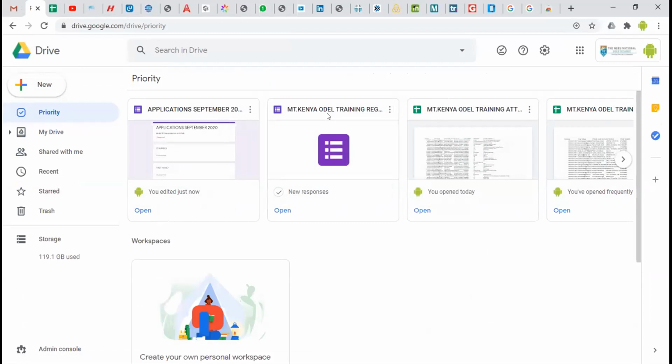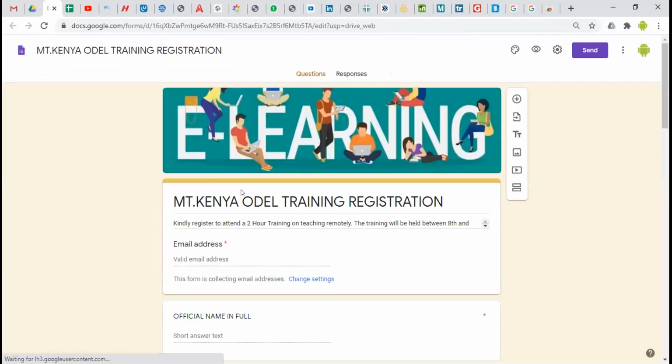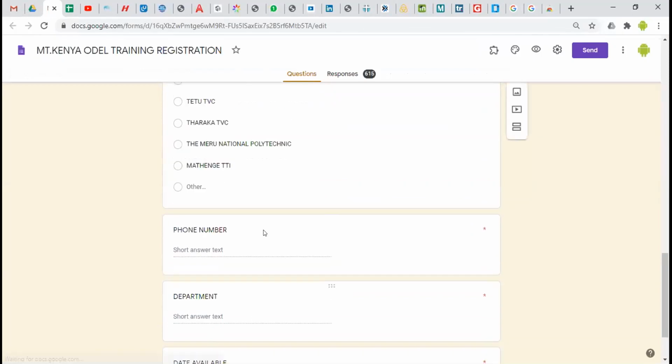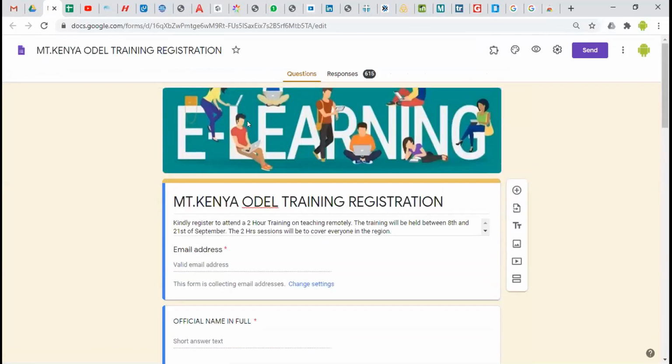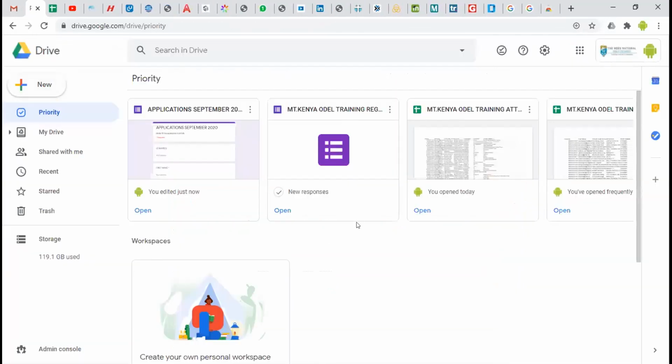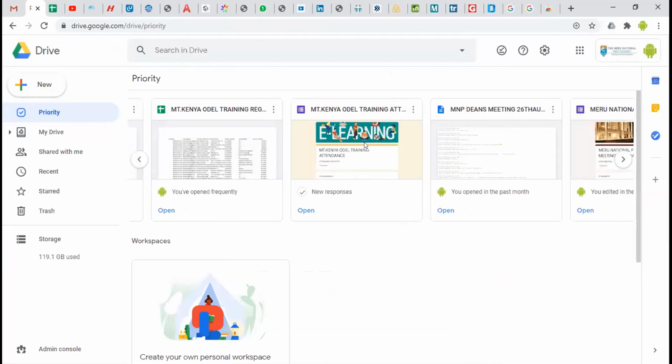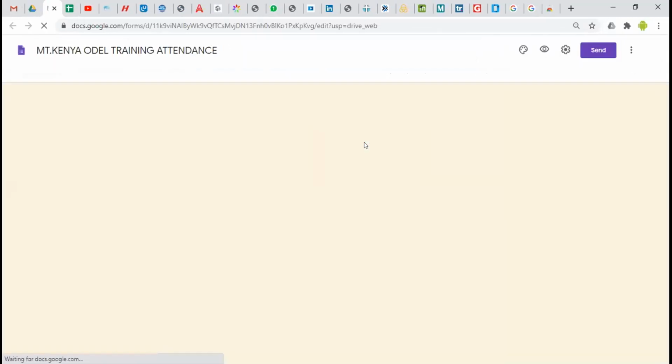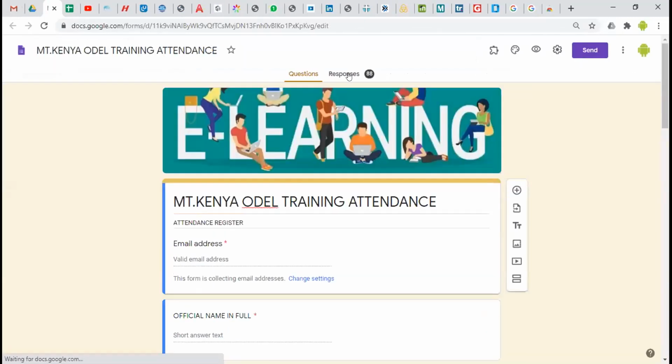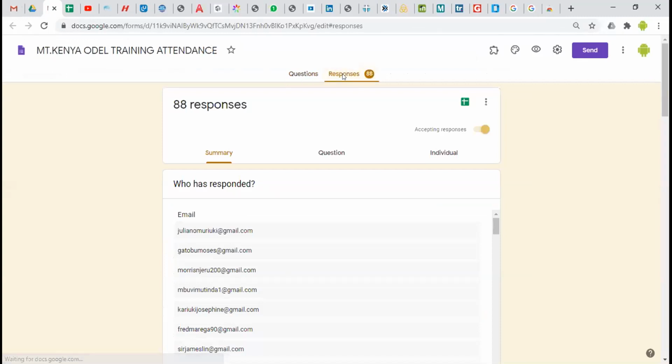This is Mount Kenya training. So this is the form. This is for registration. We have 15 registrants, those who want to attend the training. This one, where is it? Training attendance. This one. So today we have a total of 88 nominees. So if I click on this link,